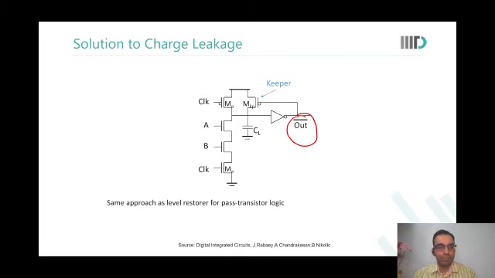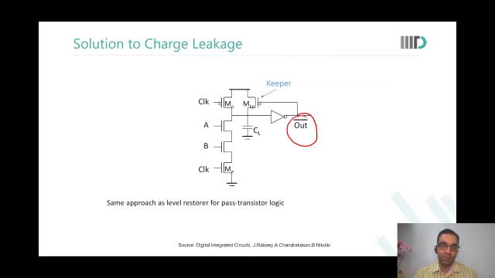Sir, this level restorer, you said that this level restorer has to be small, but we are keeping it so that it can restore the level of CL. But if it is small, then it will have high leakage only. Only leakage, no? So it's only leaking. The leakage currents are much smaller than on currents, is it not? Yes, sir. So you need a very small keeper. Okay, so even a small keeper will restore the charge even if it has a high resistance. Yeah, because this keeper will be fully on.